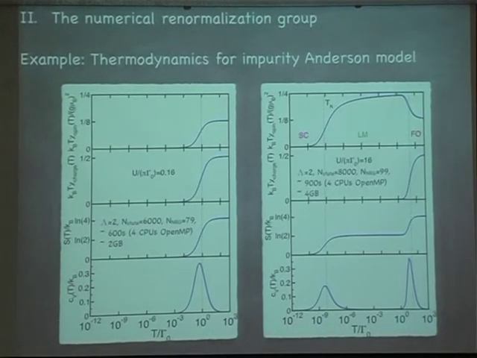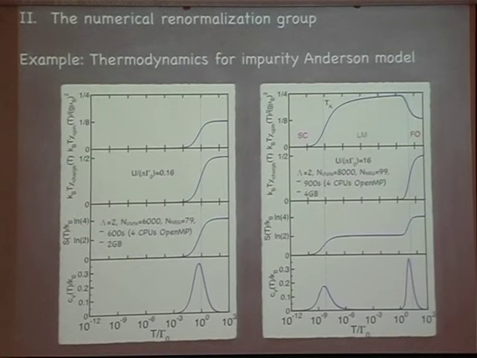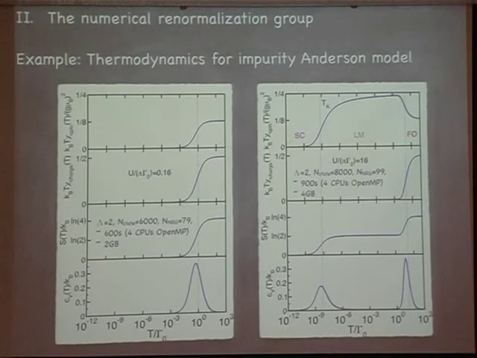Now here is the same Anderson model, not with 0.16 but 16. So this is a very huge U. Again, a similar thing, but what you see here is quite different. This is the susceptibility times T, which is also called the local moment. It starts out at 1/8, then goes to 1/4 and stays there for a while, and then goes down to 0, and that's precisely moment formation and screening of the moment. The charge doesn't do anything, it goes down. Here is the entropy. It starts out at log 4, and then goes down when the moment starts to form.